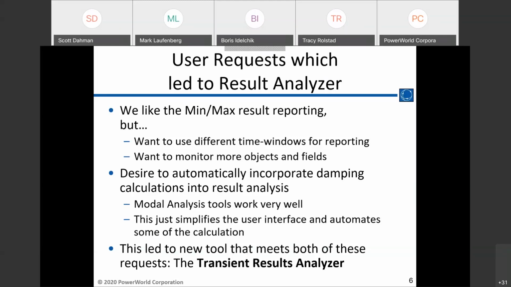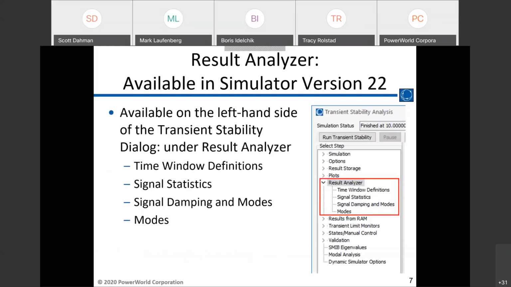The other question that people had a lot is, I want to know, is the system damped? It's like, is it an oscillation that is damped? So those two requests both require similar input into a software tool, and they led to the creation of the Transient Result Analyzer. So in version 22,